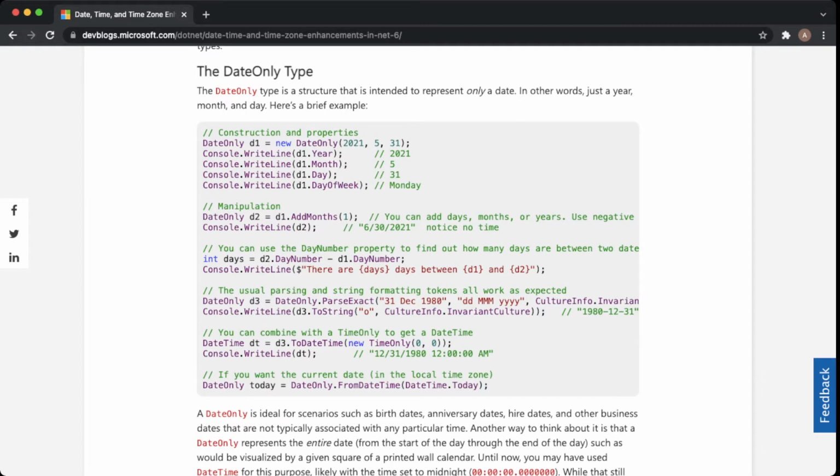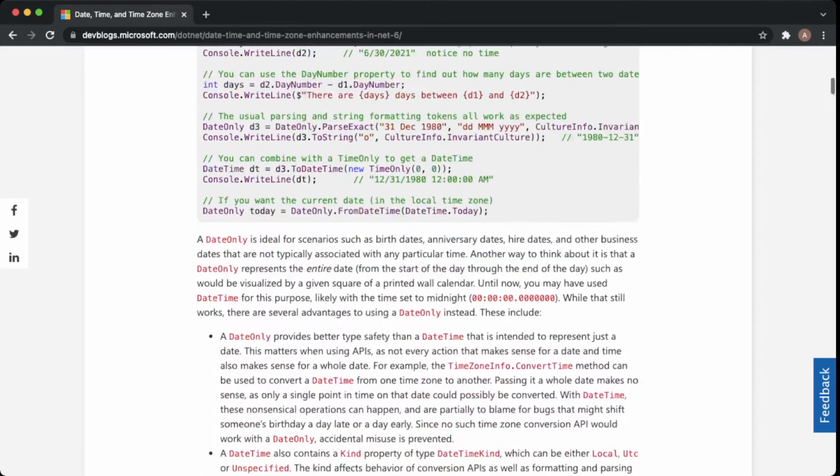So it is very useful, especially when it comes to time zone conversion. It's a really hard task to convert it to the correct time, because sometimes we get yesterday's time after the conversion. So this is a very good addition by Microsoft in the next .NET version, and I was waiting for it for many years.